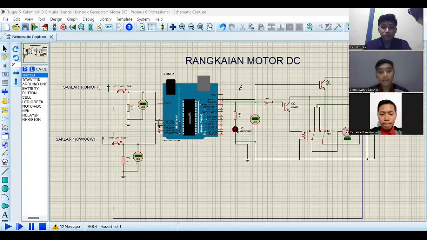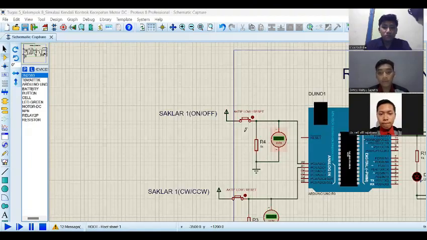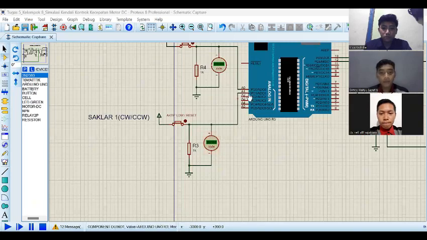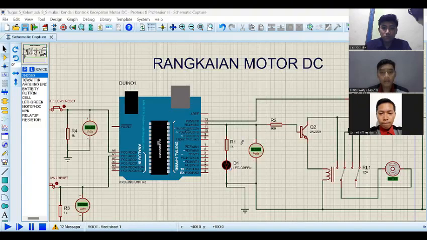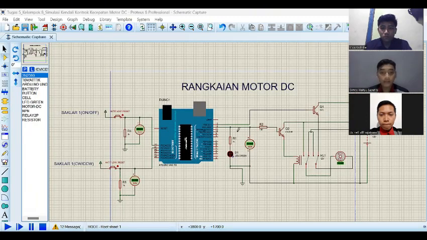To install the input pins, we use pin A0 for push button 1 and A1 for push button 2, which are given a 1000 ohm resistor. As for the output, pin 30 is connected to a resistor and transistor.